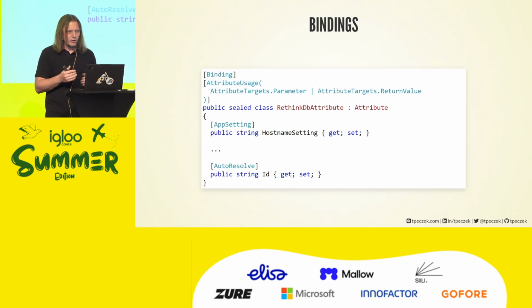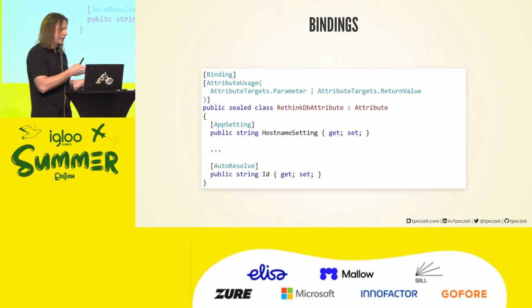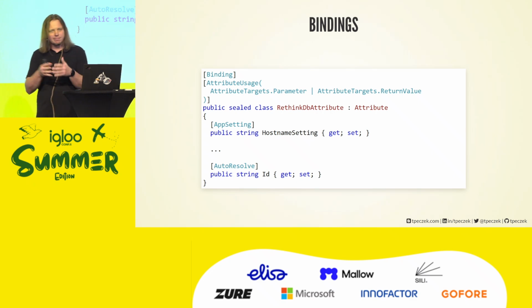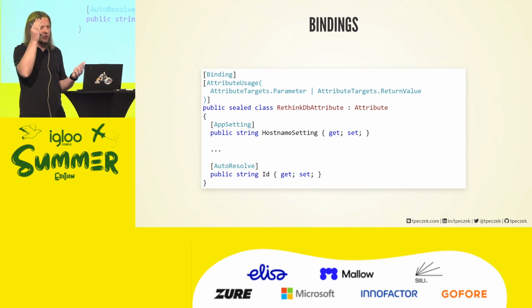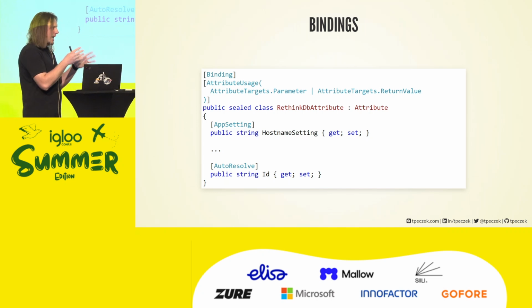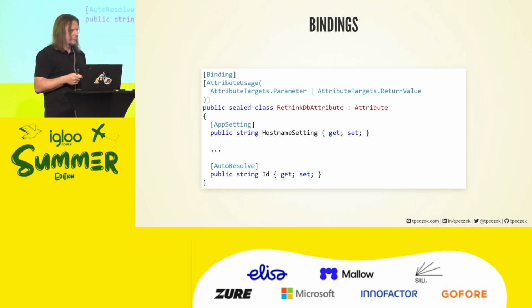If we have an app setting decorated property in Azure Functions, that means that during definition you have probably provided some kind of a key that refers to settings, etc. If you look at the code that is touching this parameter in the invocation context, there will be a ready-to-use value. Azure Functions will pull that for you. The same for the auto-resolve one. In the definition context, you would usually put an expression there. A typical example: you have an HTTP trigger, and you have an additional input binding that, let's say, is grabbing something from the database, and you want that item to be grabbed by an ID from that URL. So you write an expression that is parsing that URL. And Azure Functions, for the invocation context, is automatically calculating that. So there is a ready-to-use value.